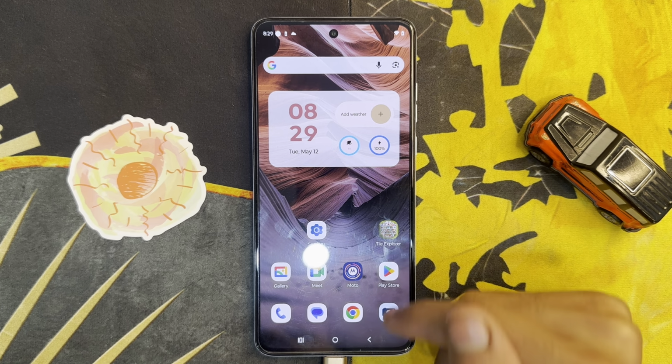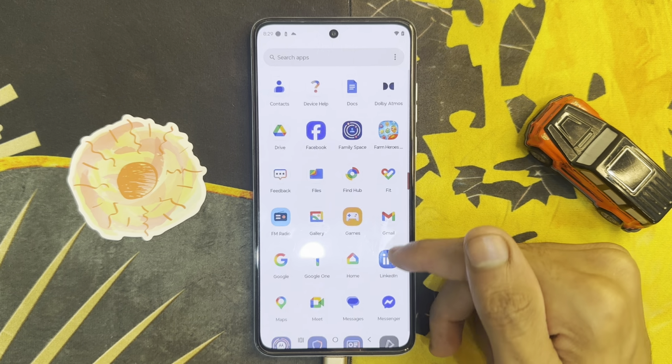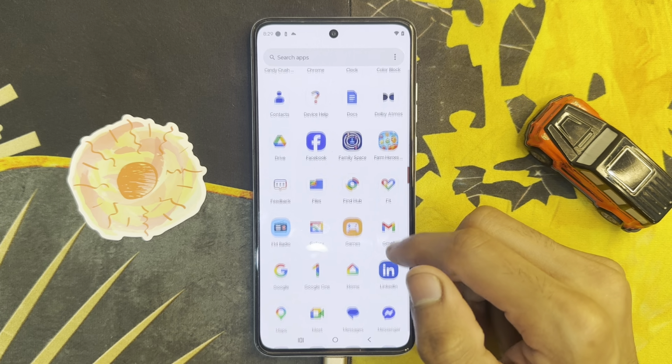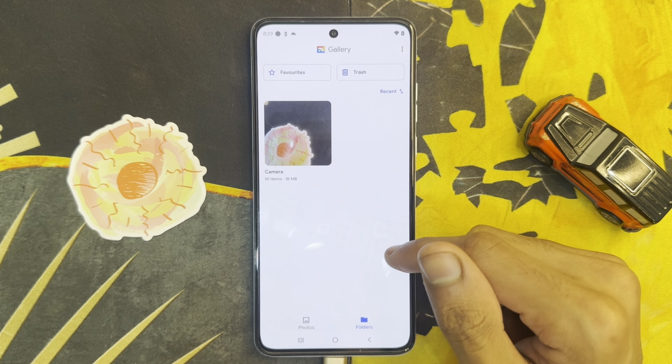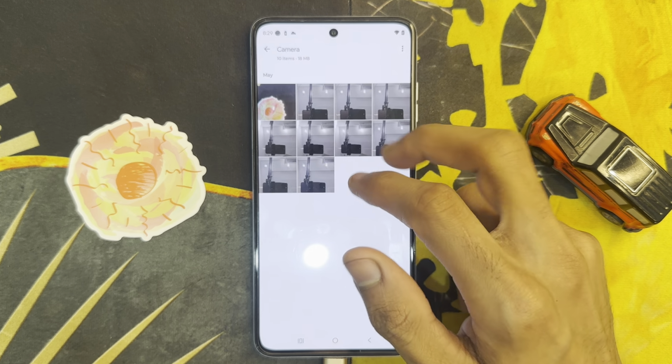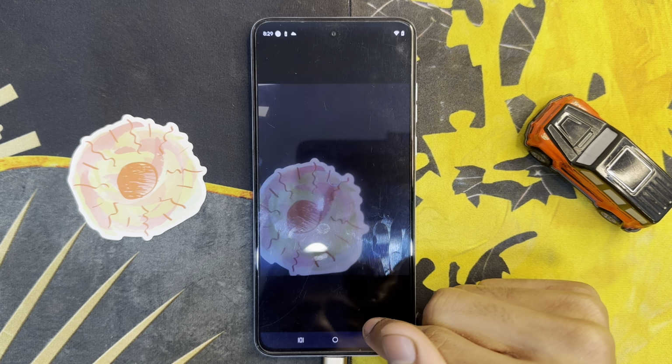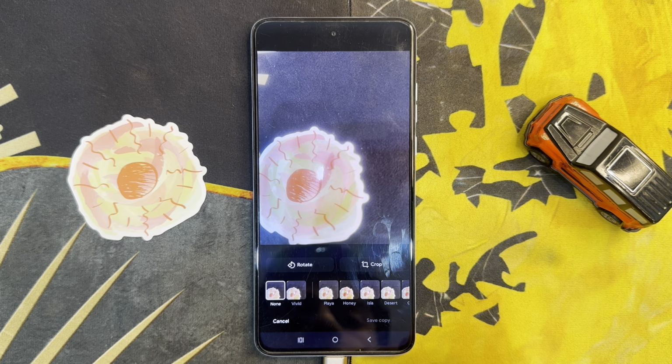First of all, go to app library. Here click on gallery app. After clicking on gallery app, click on picture. After clicking on picture, click on edit and you will see